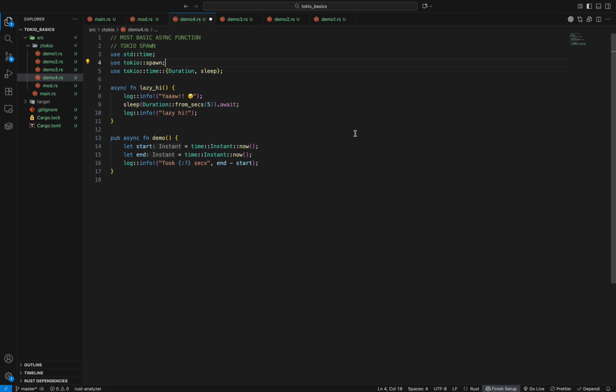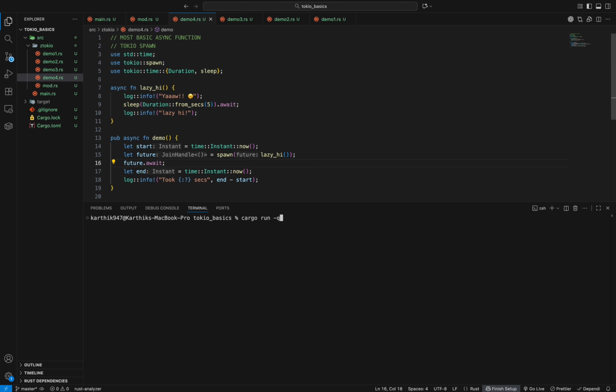There are several other ways, but using the spawn function is one of the right ways to concurrently execute a function. So I'm going to create the future and pass it as an argument to the spawn function. Okay, and then you can await this future. Now if you run this,